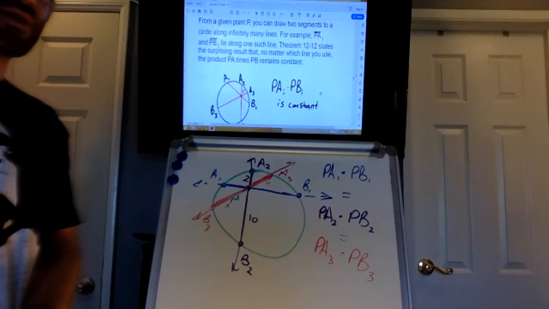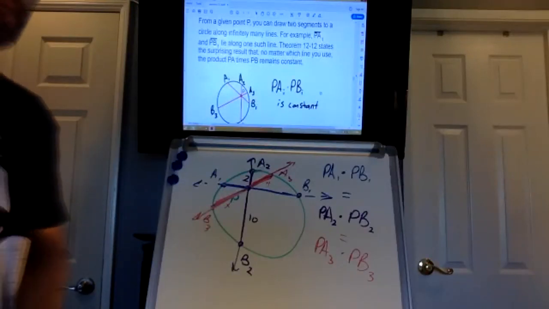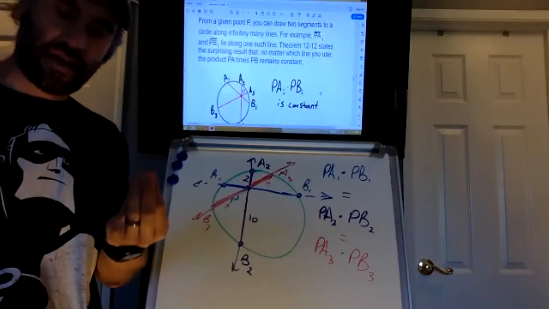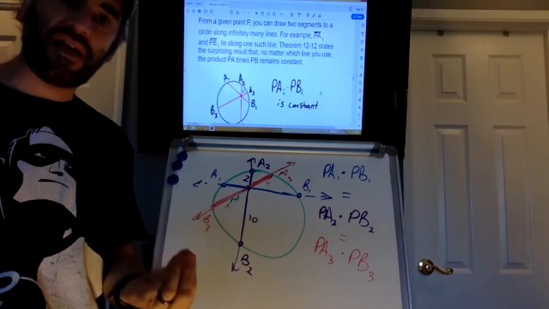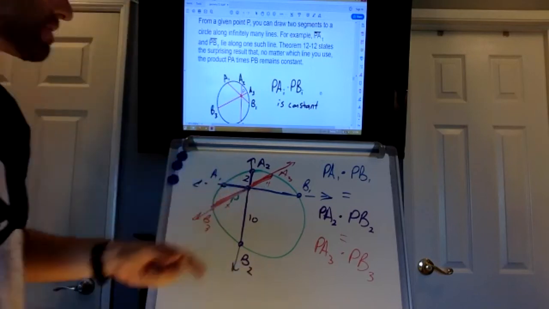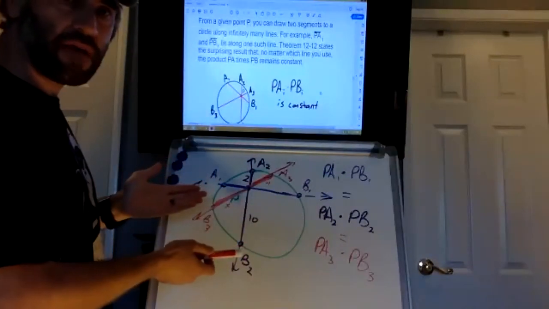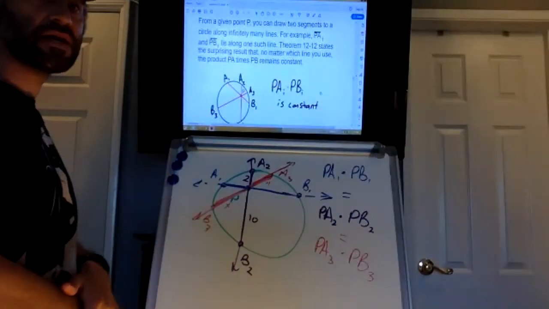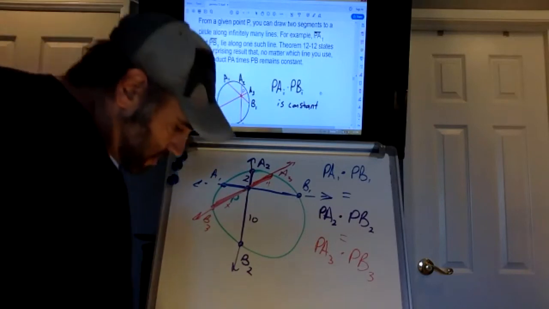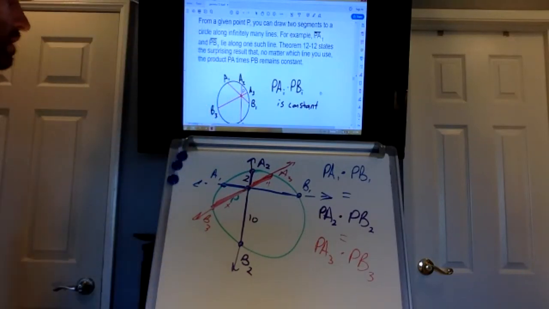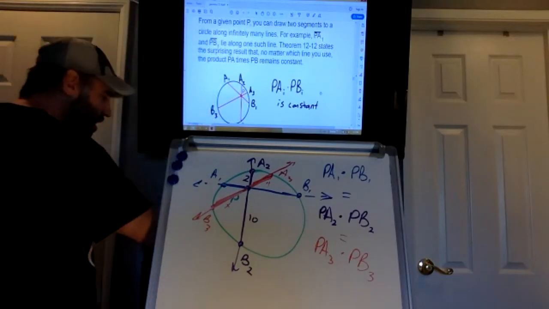It's an application that we now have with segment lengths. Remember, we just came off of a thick, dense material on angles. Now we're talking about segments, right? Formed by the same reason, by the way. Formed because of secants interacting with circles. Secants and tangents. Okay? All right. So,